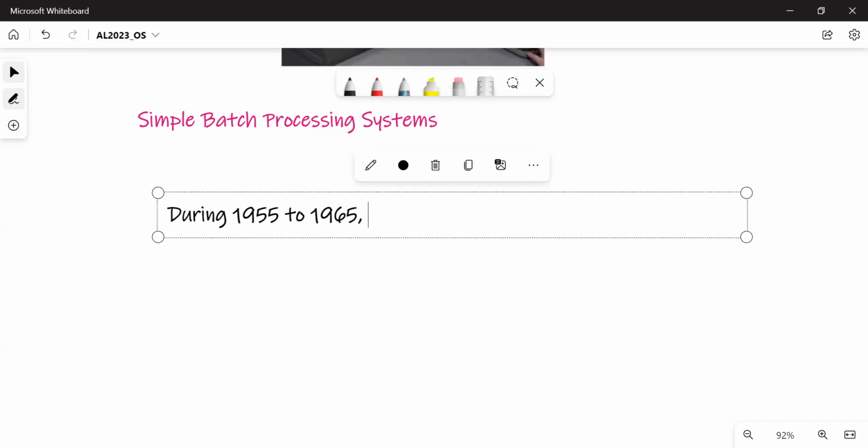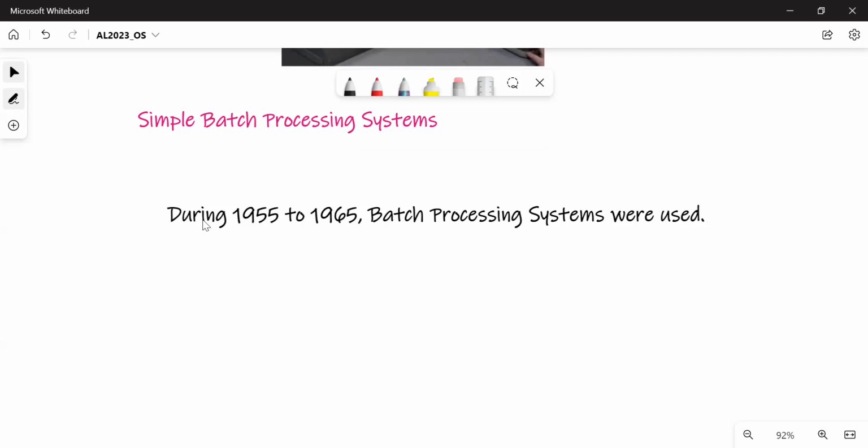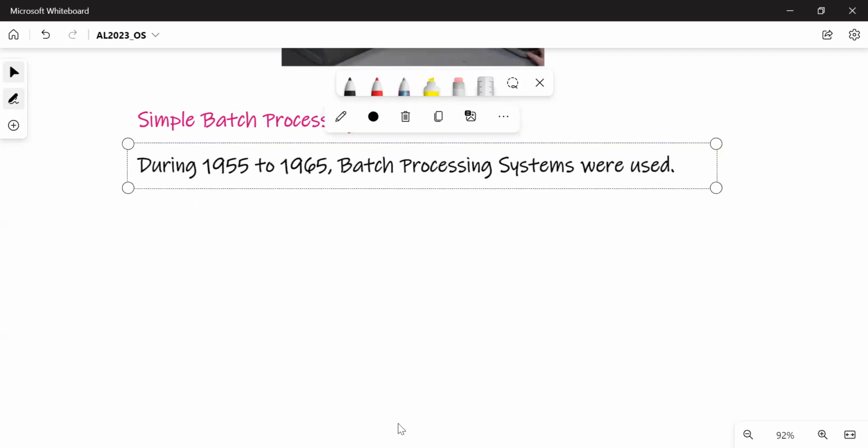Batch operating systems were used. Batch processing systems were used, right? So that means during that time, there was an operating system, but it's a batch operating system.